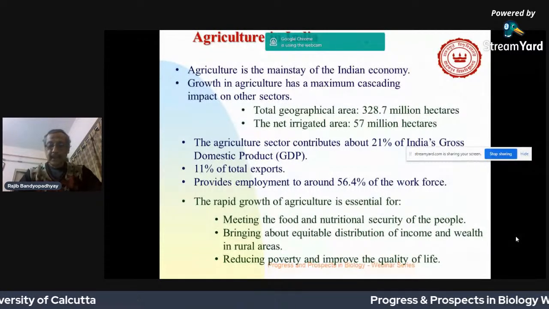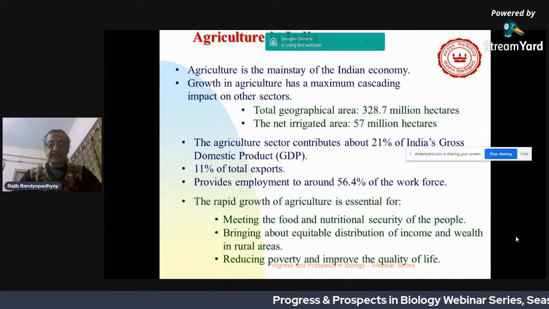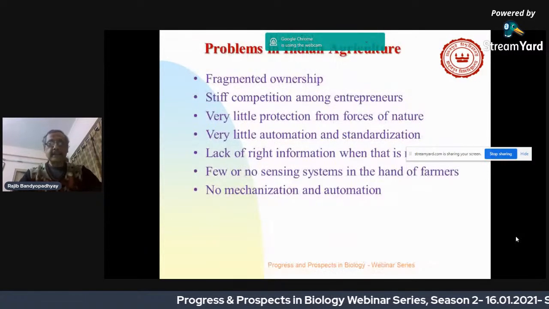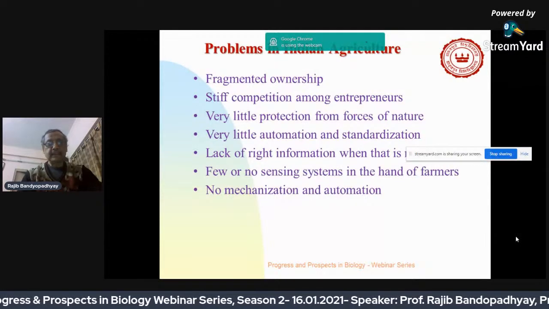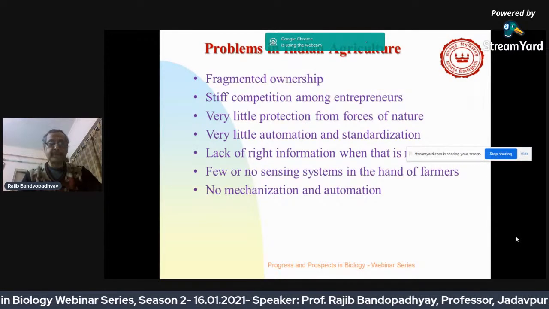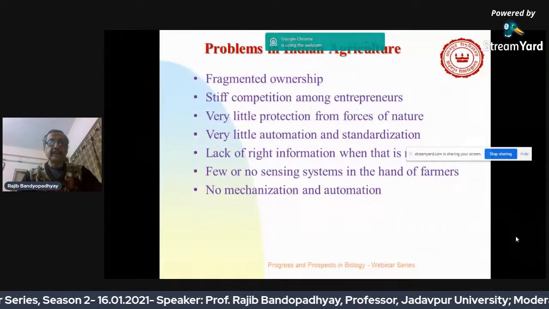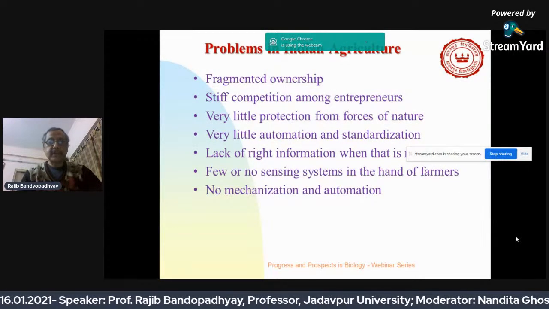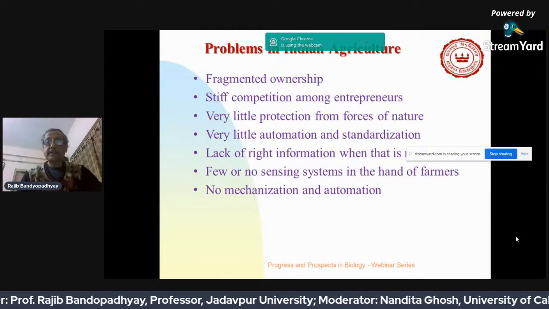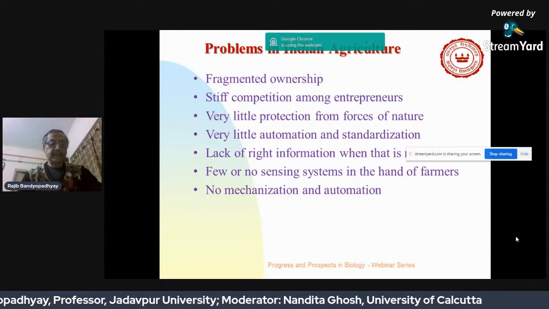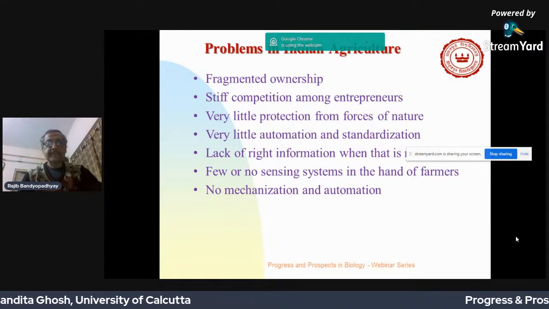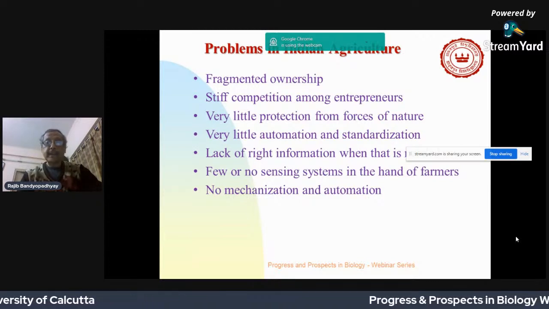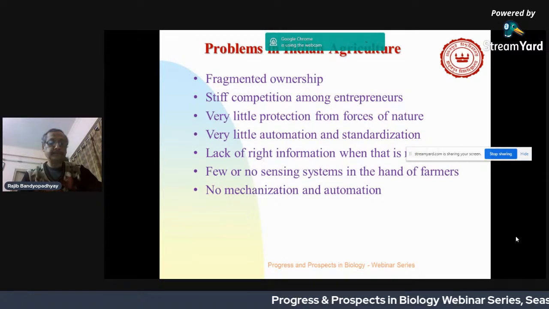So agriculture is the mainstay of the Indian economy, and these are some of the problems which I have highlighted. Fragmented ownership is one issue, along with stiff competition among entrepreneurs, and very little protection from forces of nature, which is a major issue. If there is good rainfall, then we get good production. Very little automation and standardization, because we have huge